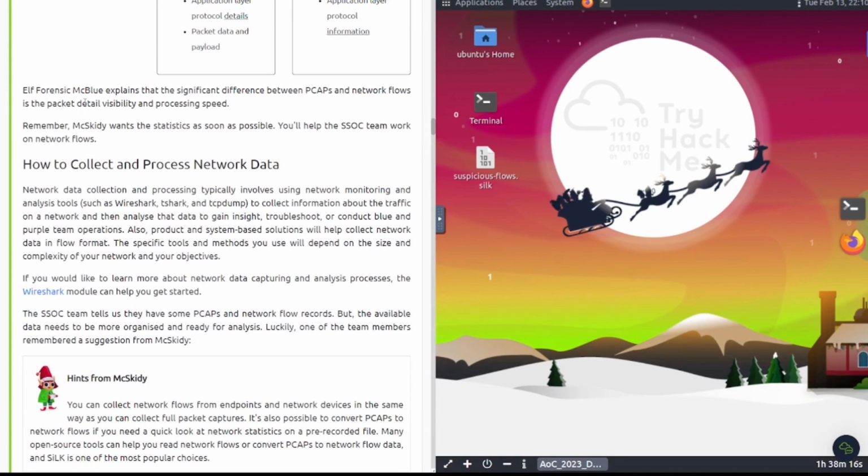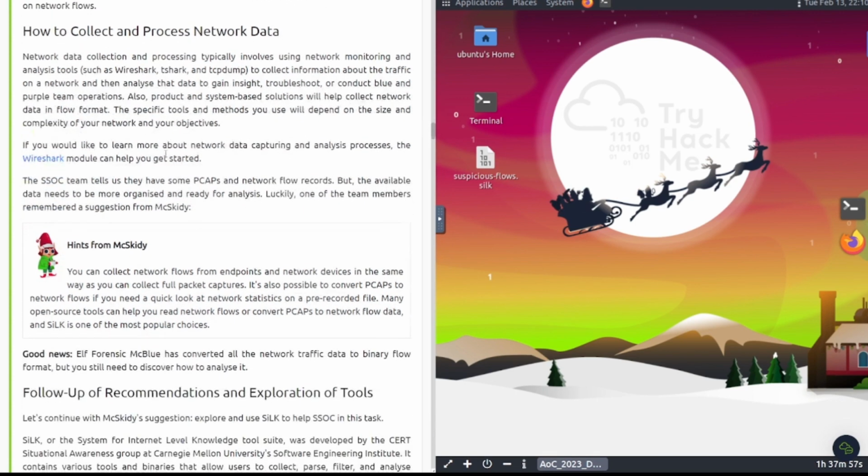Elf Forensic McBlue explains that the significant difference between PCAPs and NetFlows is the packet detail visibility and processing speed. Remember, McSkitty wants the statistics as soon as possible. You'll help the SSOC team work on NetFlow, or network flows,